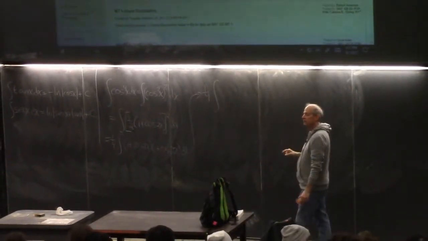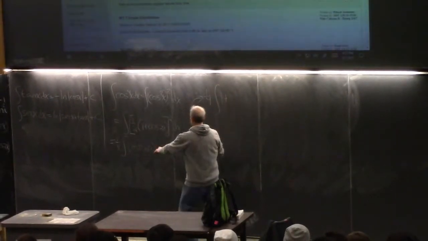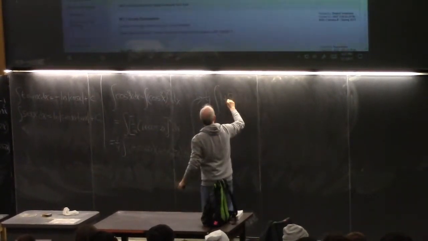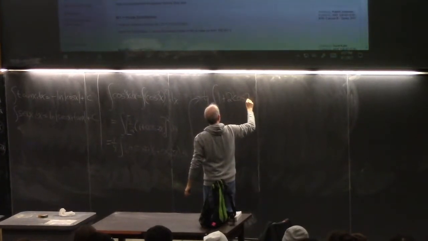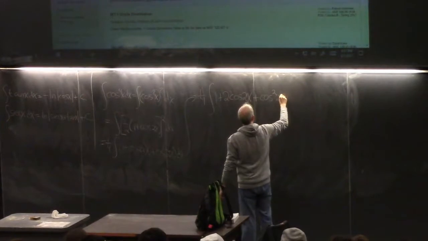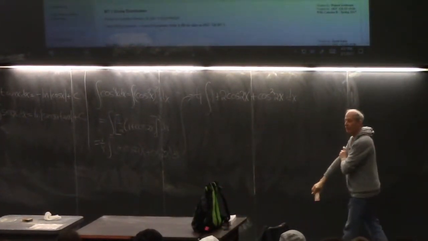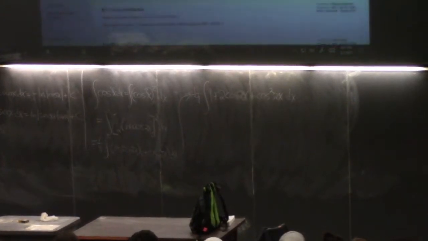Okay. 1 times 1 is 1. Always got that one. Cosine 2x and cosine 2x is 2 cosine 2x plus cosine squared 2x dx. Okay? So when you multiply that out,